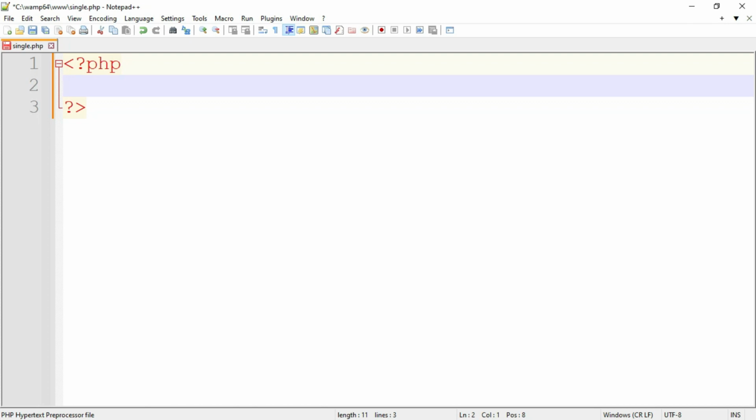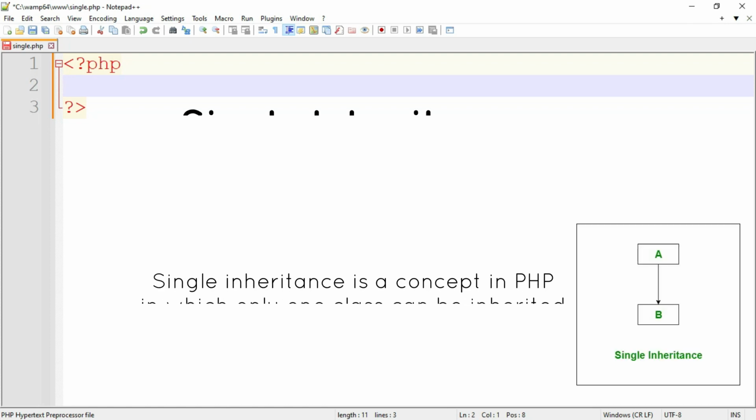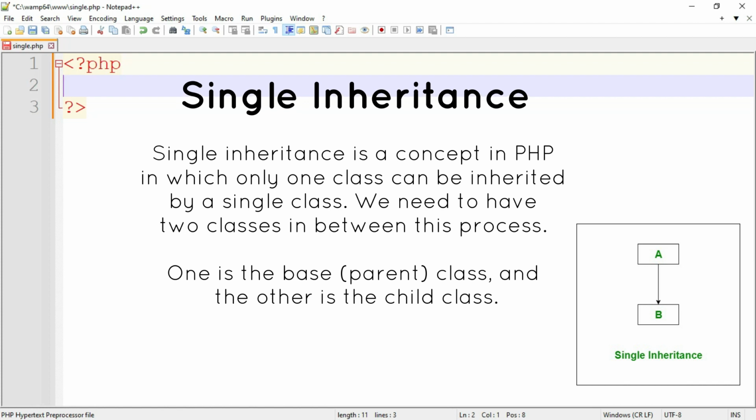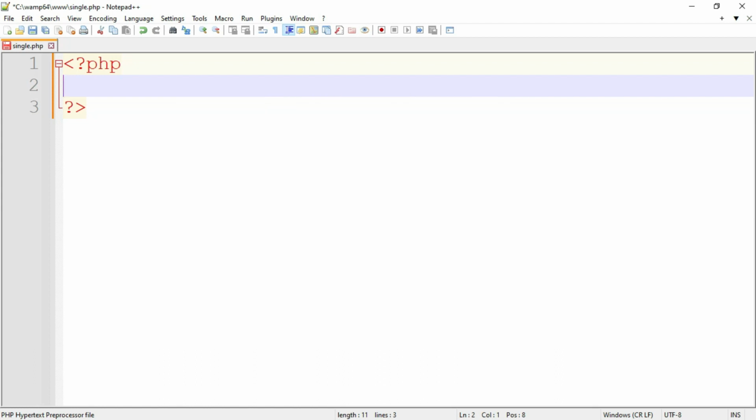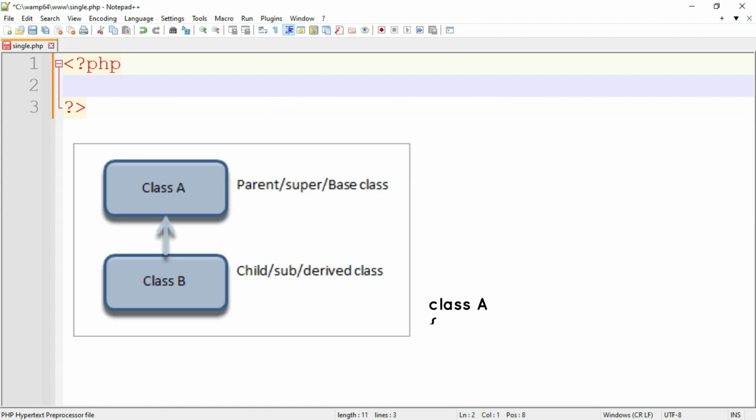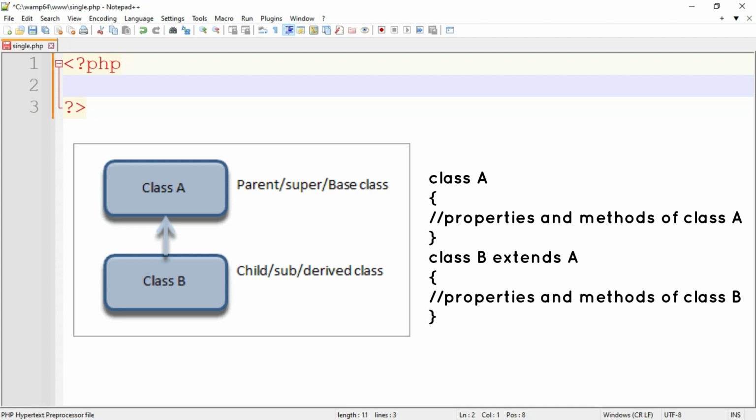So first of all, let's see what is meant by single inheritance. Single inheritance is a type of inheritance in which there is a single base class and a single derived class. For example, A is a base class which derives a single derived class, that is B. So here there are only two classes, one is A and another one is B. A is also called a base class, superclass or parent class, and B is called a child class,